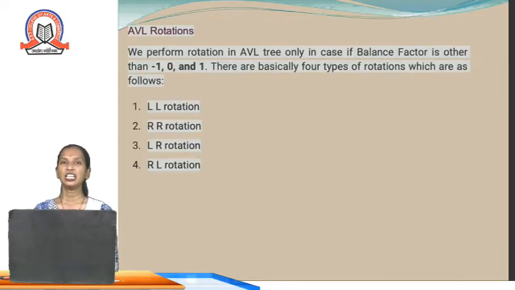Now since the tree is not balanced, somewhere we've said that the tree will be either left skewed or right skewed. So in order to balance that tree, in order to make sure that the balance factor is between minus 1, 0 and 1, there are the following types of rotations that are performed, due to which the tree will be balanced. So which are the rotations? The rotations are LL rotation, RR rotation, LR rotation and RL rotation. So LL simply says left to left, RL says right to left, RR says right to right and LR says left to right.